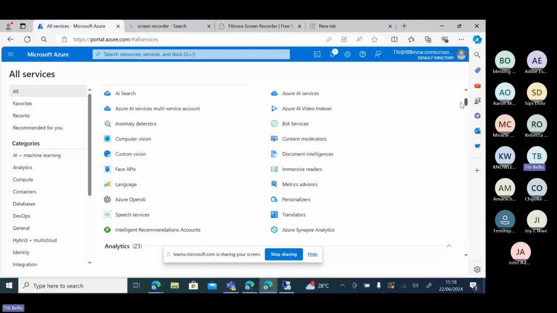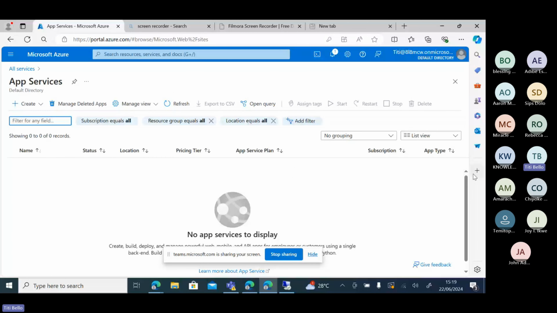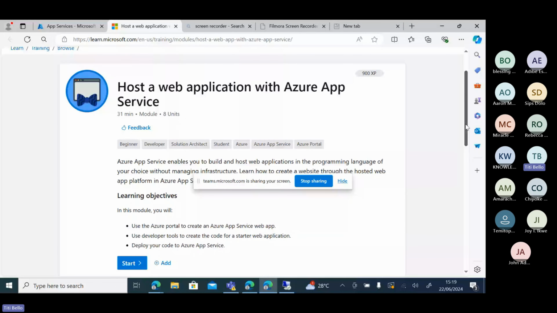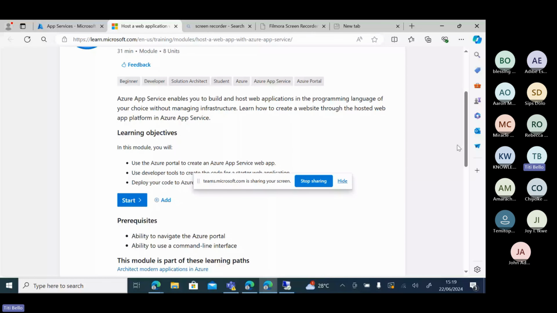So, okay, let's go to app services. So we have app services here. Let's quickly run through this. It's better we run through this from here. Host a web application with Azure App Service. Because sometimes you can have a programming language. I remember I used to code with